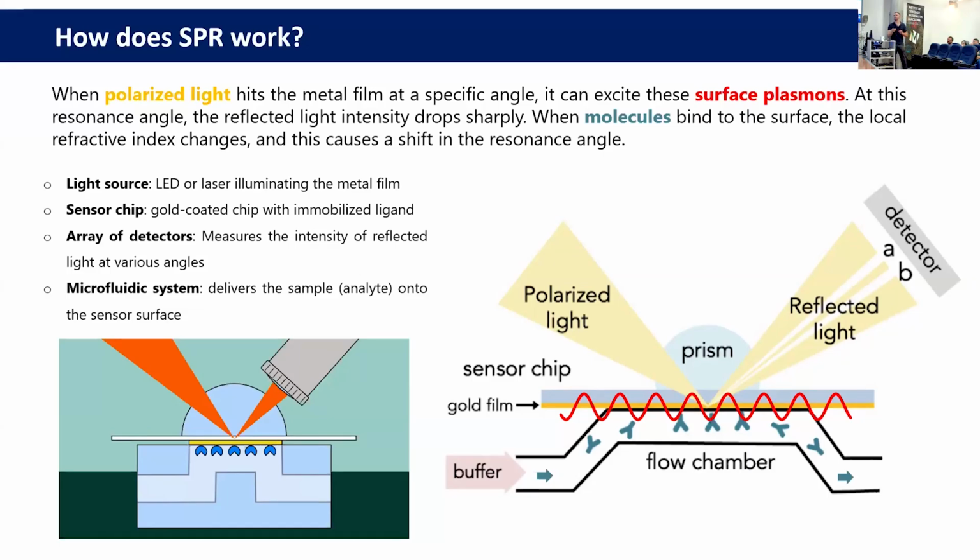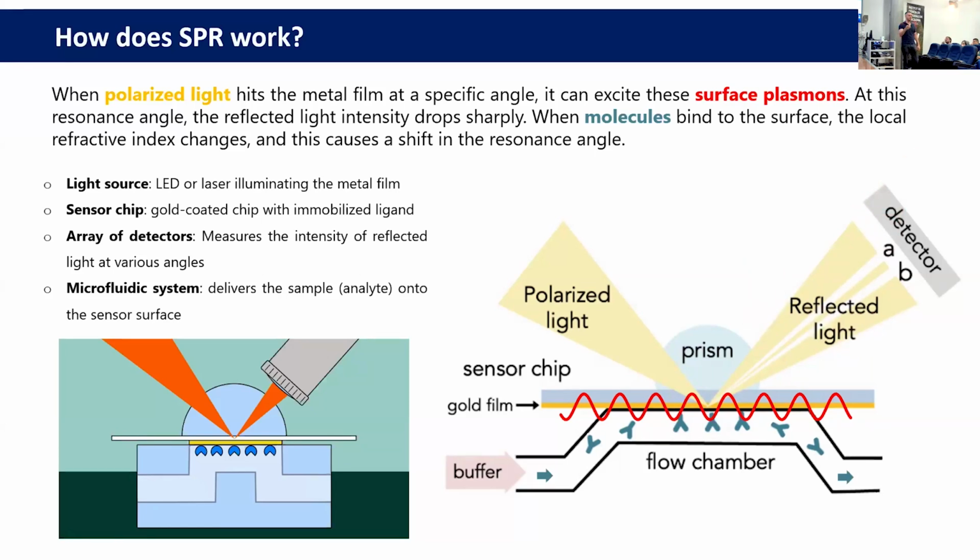In the SPR setup, we have a light source that produces a beam of polarized light that passes through a prism and is directed into a metal surface. That is normally gold in SPR, although other metals can be used. It's normally a gold surface or a gold-coated surface. And this gold surface can be functionalized with some attached molecules that can be bound covalently, for example, to the gold. And then all this light that hits the gold surface is reflected into the detector, and we can